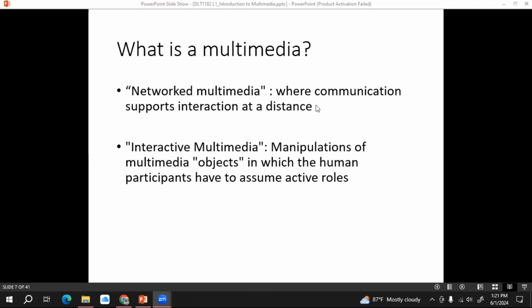In this case, I'm sharing some slides, but you can't interact with them, right? You can't change this content. You can't add something, right? Therefore, this is not an interactive multimedia, but this is a networked multimedia. In the Facebook scenario, Facebook is a platform which allows you to interact. You can post something, delete something, edit something, right? You can comment, you can put some text there, right? It is an interactive multimedia system, right?